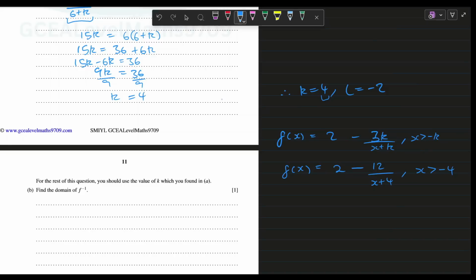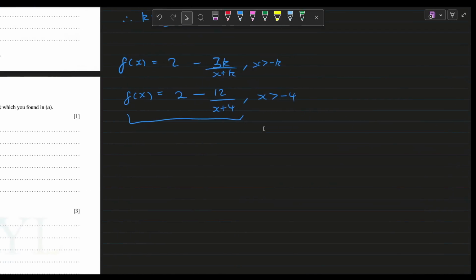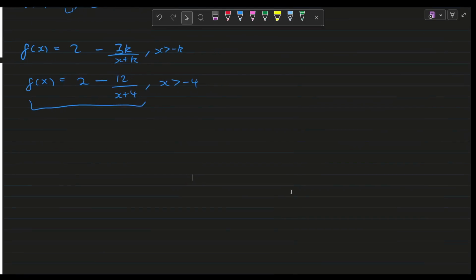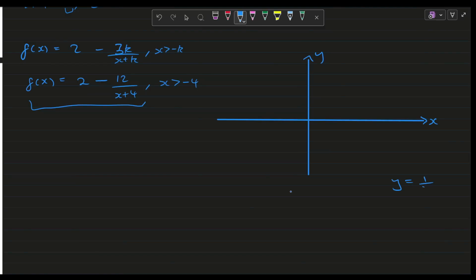And part B says find the domain of f inverse. So the domain of f inverse is the same as the range of f of x. So if we can find the range of this function here, then that's going to be the domain of our inverse function. And to do this, I'm going to draw a sketch of our function. I'll just start with the root function or the base function of our rational functions. So all rational functions stem from 1 over x, which looks like this